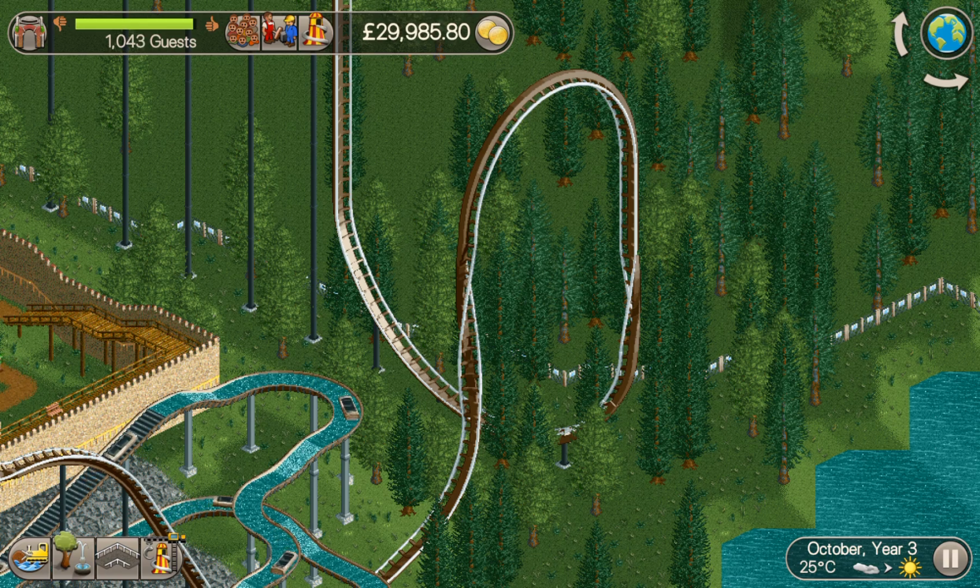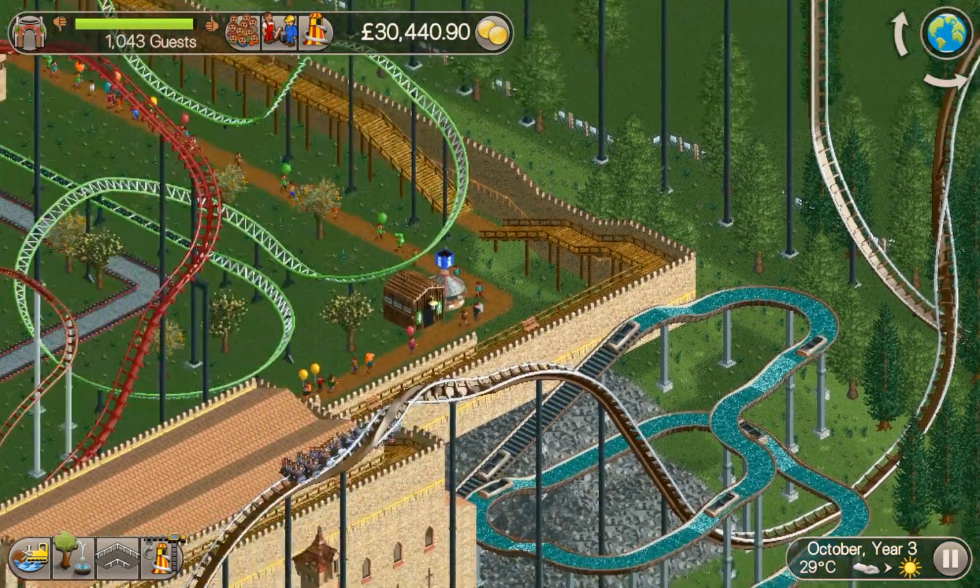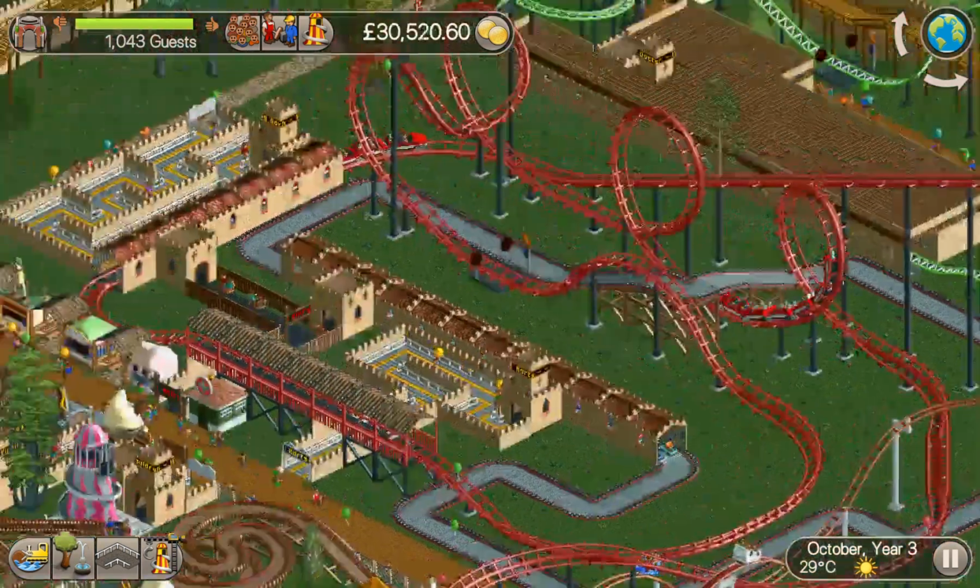October year 3, less than 1,100 guests in the park, so we're not doing as well as we were. But look, we've got a flawless coaster, so that's a positive. So we've replaced the junior coaster with a flawless coaster,